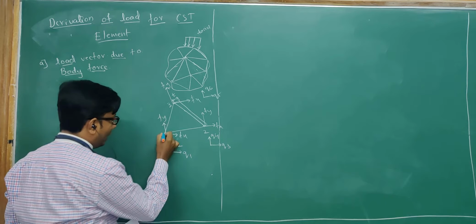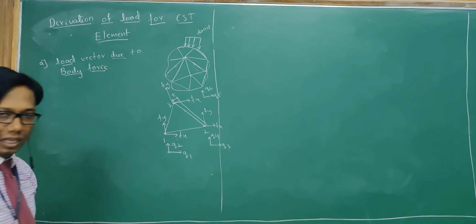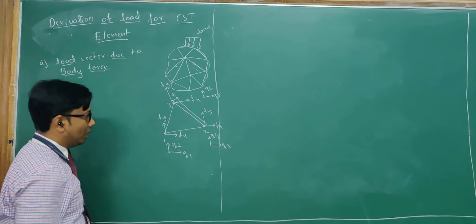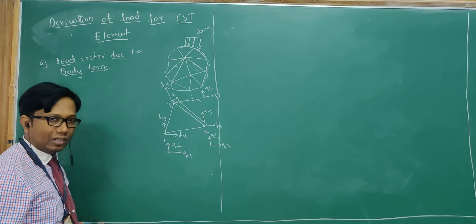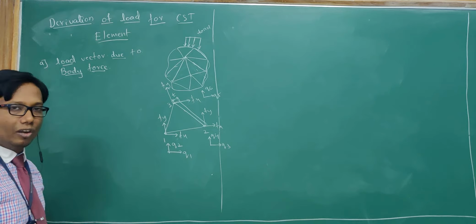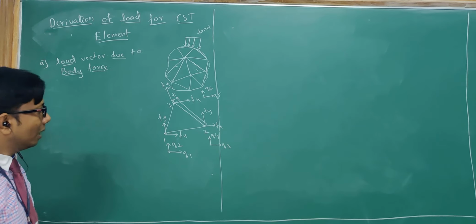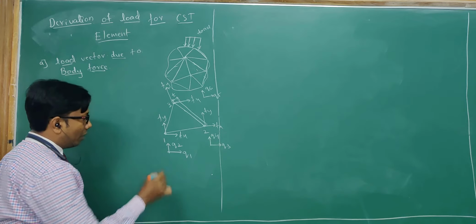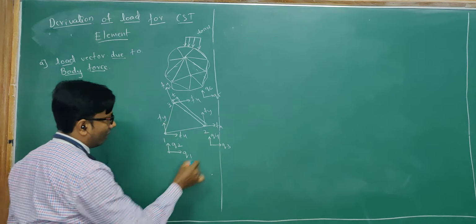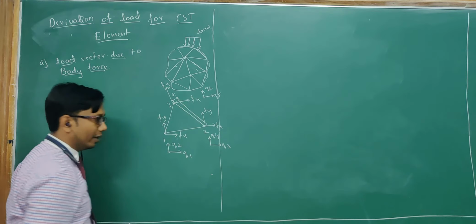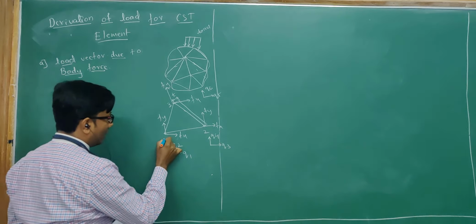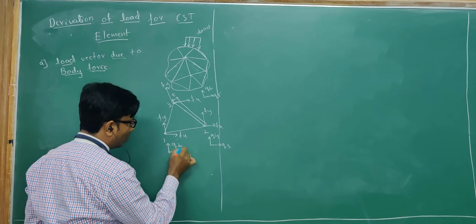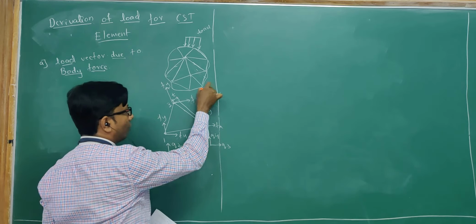Okay, so if I take a body force which is acting on a particular element, what will be the forces acting on those nodes? As we are doing a 2D analysis and we are neglecting the Z part, we are not interested in the force acting along Z. The force components will be along the x-axis and along the y-axis on a particular node, which will be fx and fy. These are the node numbers 1, 2, 3. If I take the displacements, they will be q1, q2, q3, q4 and q5, q6.